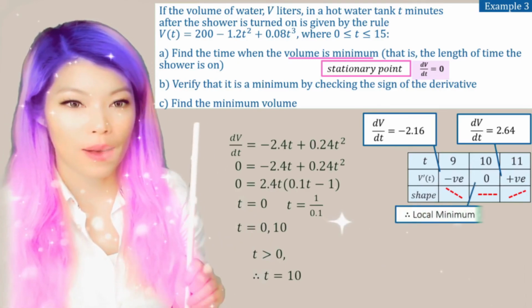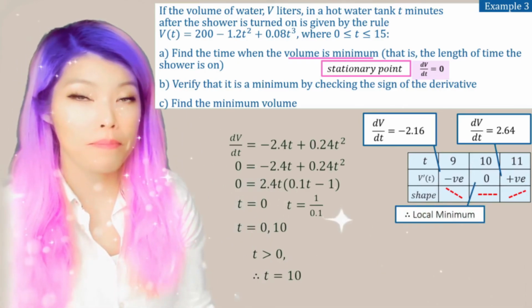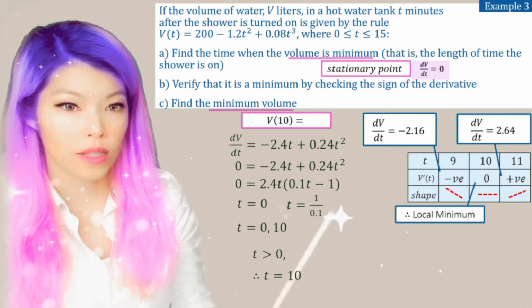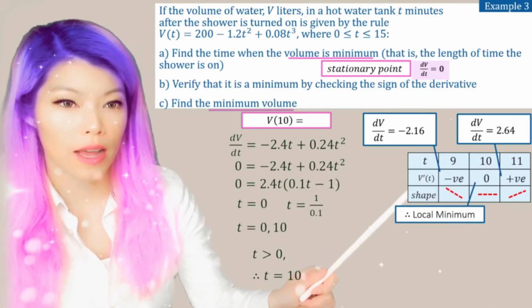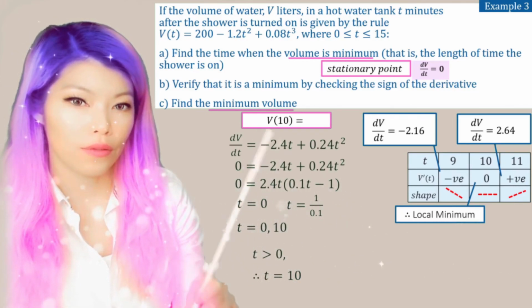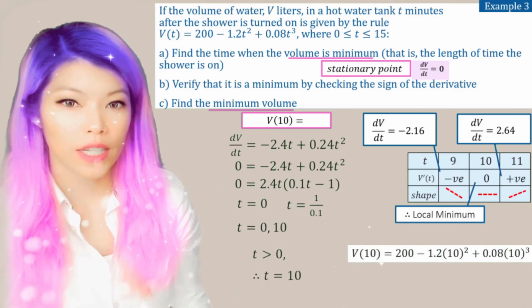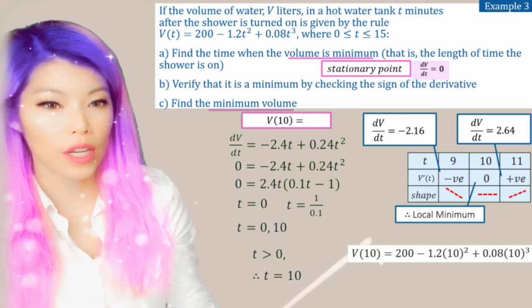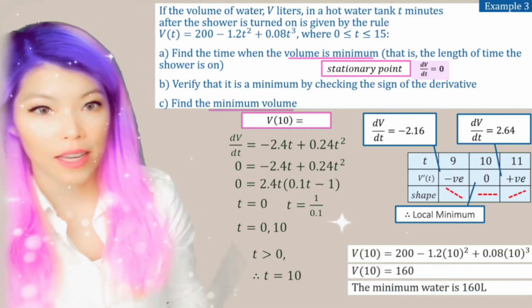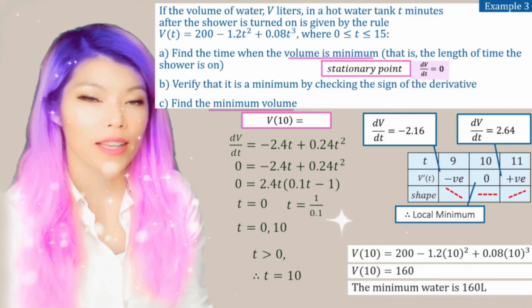Now, part C, find the minimum volume. So the minimum volume happens when the time is 10, because that's what we worked it out to be. So V of 10 means we're plugging into this original equation, and we can use a calculator to see that it's 160. And reading the question, 160 liters is the